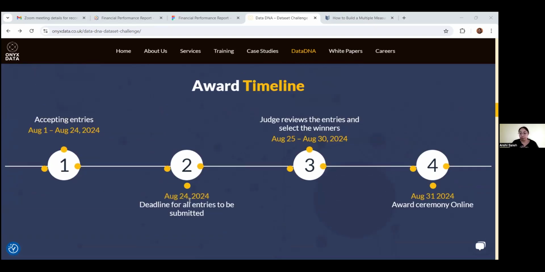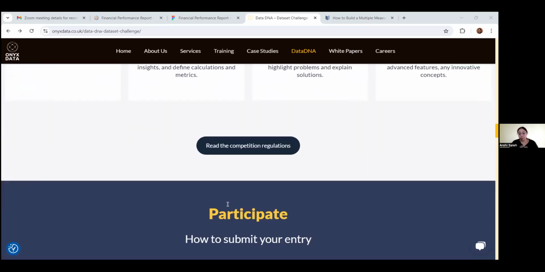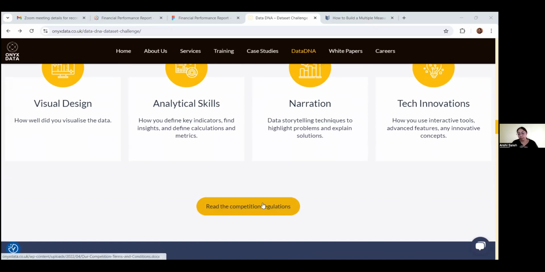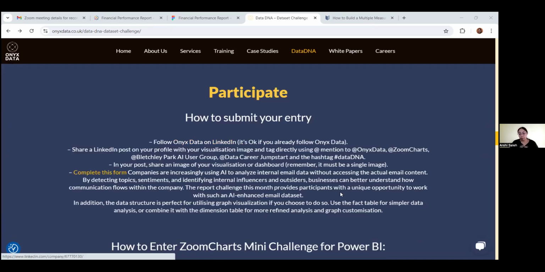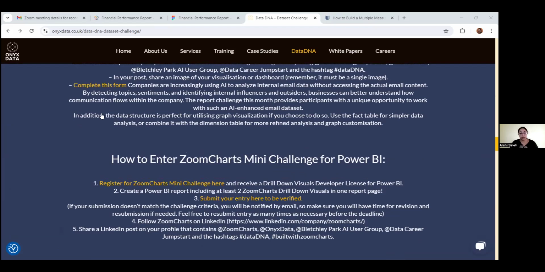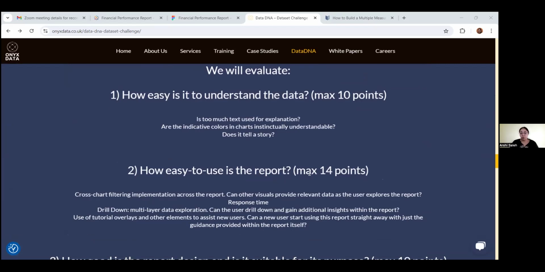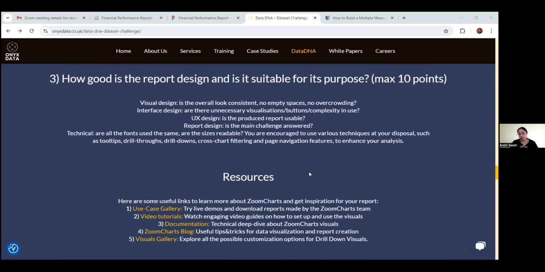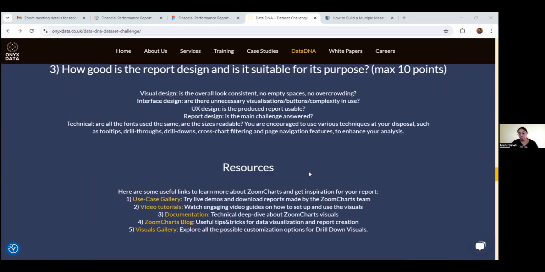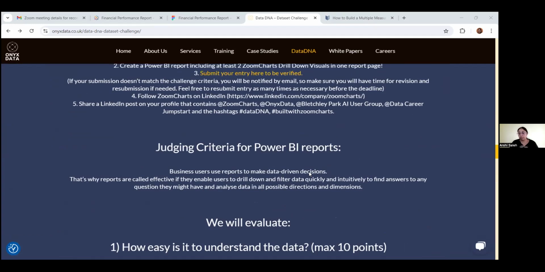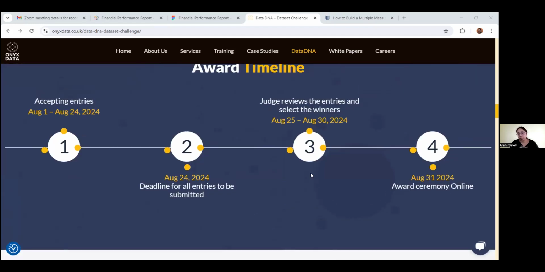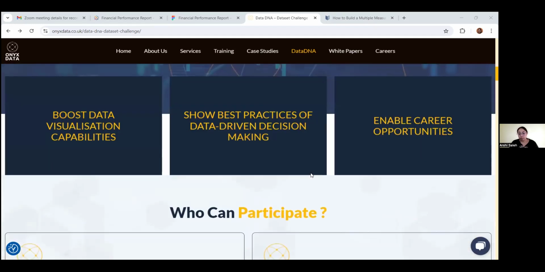Each month, the deadline is different. So just come to this page and you can check it out. You can read the regulations, how to participate, what their expectations are. There is a form which you can use to submit it, and of course, how they will be evaluating it. So I think it's a great starting point for anybody who is getting into dashboard designing. Of course. It's very